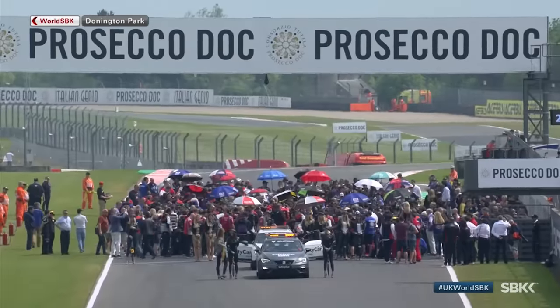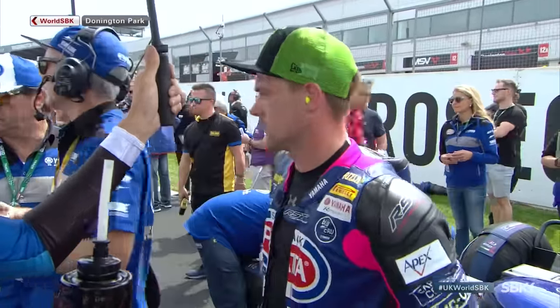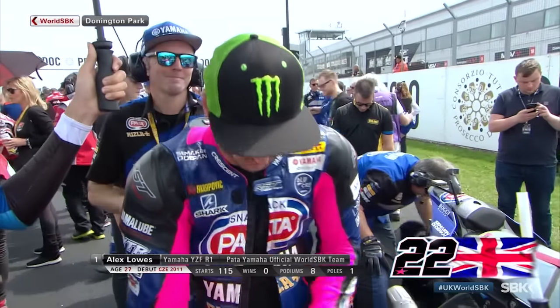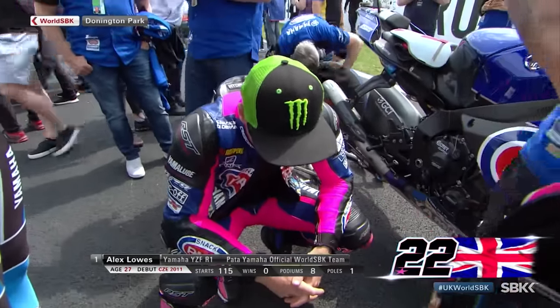You can see the activity here on this grid with this fantastic wide shot. It's absolutely jam-packed down there. Such a brilliant atmosphere here at Donington Park. So many people out and about on the grid, and so many people, of course, trying to just get closer to the riders, closer to the action, and probably closer to this man here, Alex Lowes, 27 years old, of